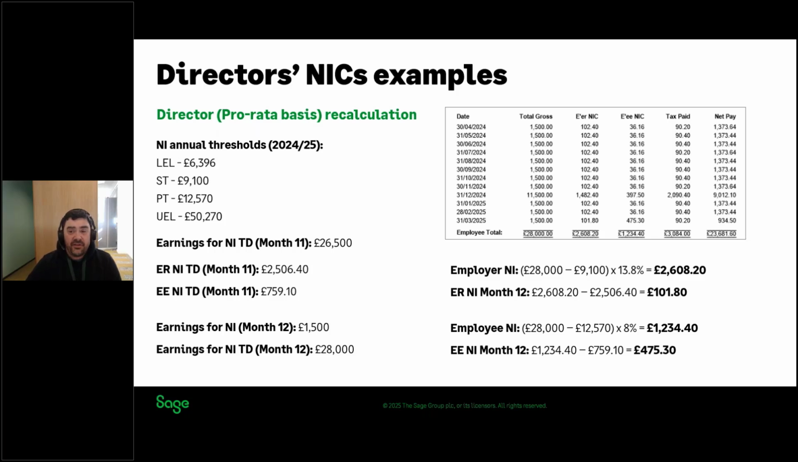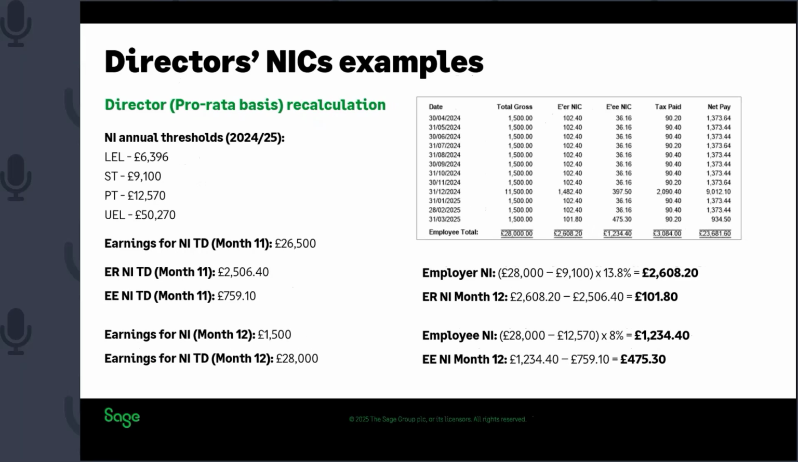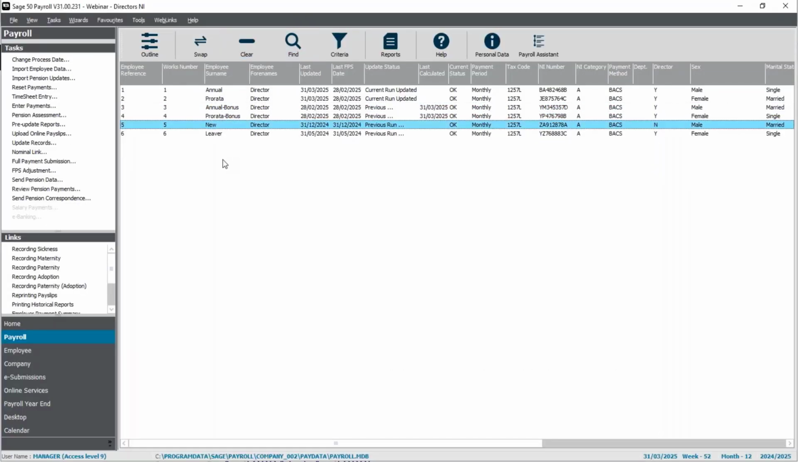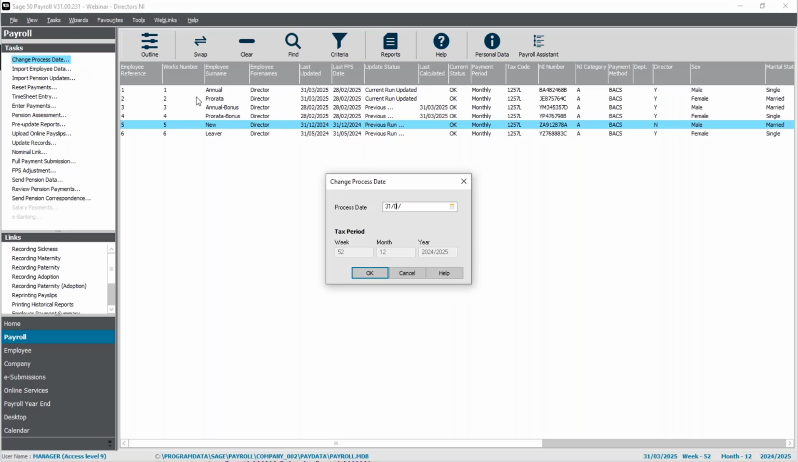So a couple of other scenarios I want to show you. We're going to have a look at a change of status. Let's just return to the demo again. I have here a director who became a director midway through the tax year. It was actually on the 1st of January 2025 that they switched from being a non-director to a director. So I'm going to set my date back to the 31st of March, which was the first time they were